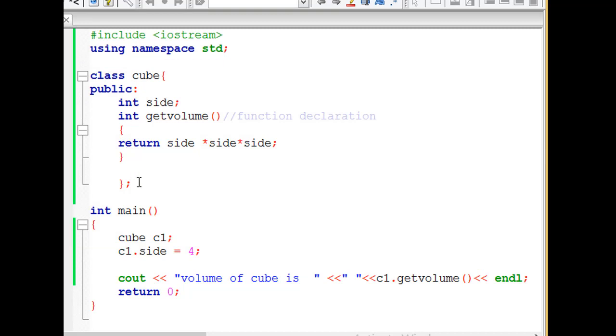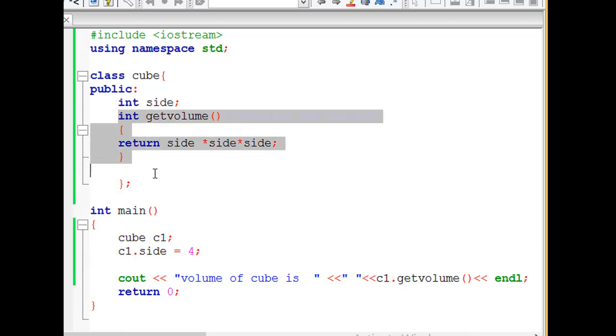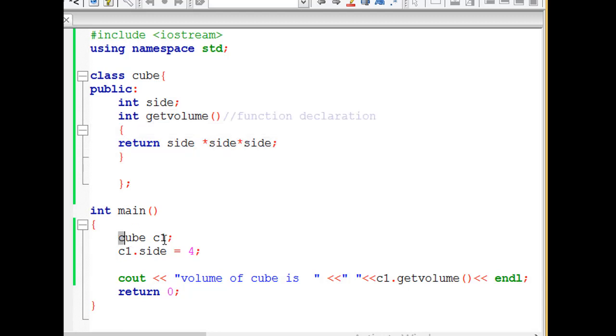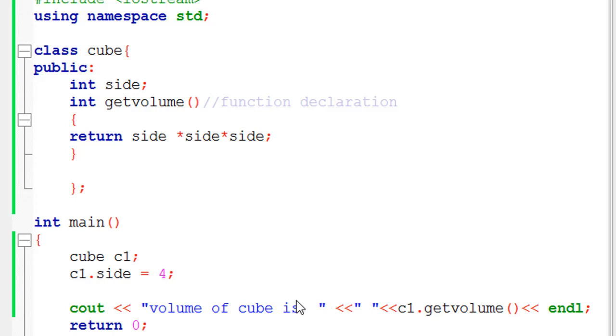So let's have a quick recap. We define the class, and in the class we define the public access specifier, and then we simply define a data member, a variable, and then we define the function directly in the class, and then simply we access it through the object. We created the object and passed the value 4, and then we print the result. But if we plan to define the member function outside the class definition, then we must declare the function inside the class definition and then define it outside.